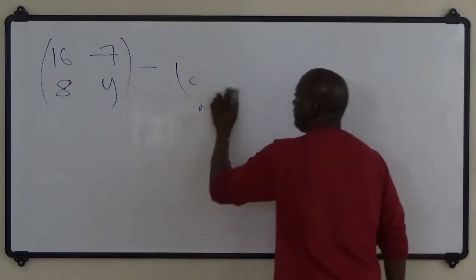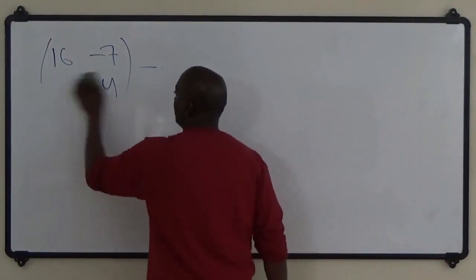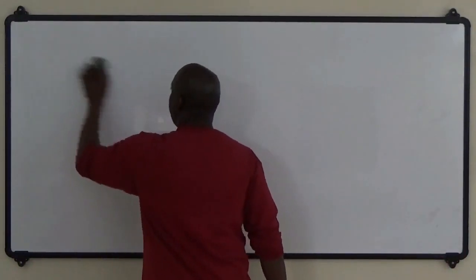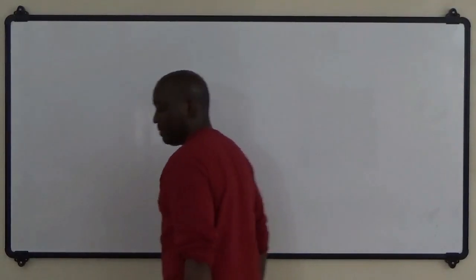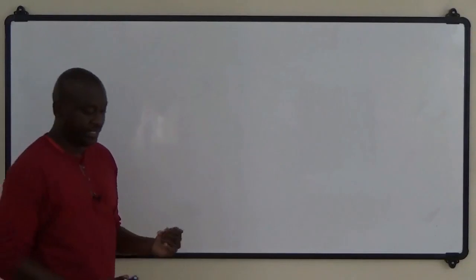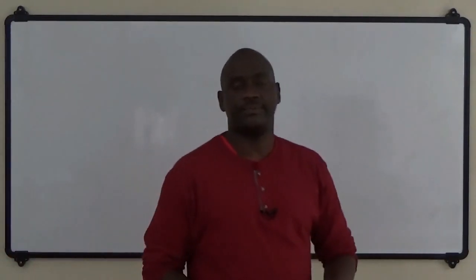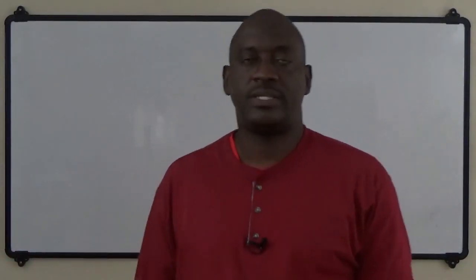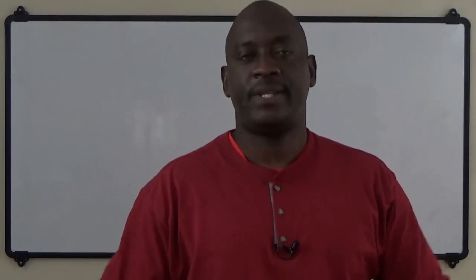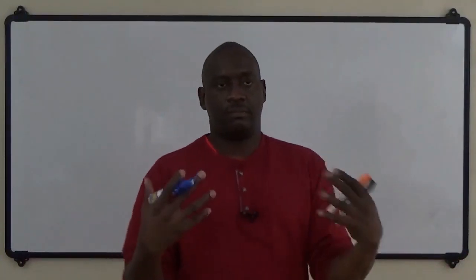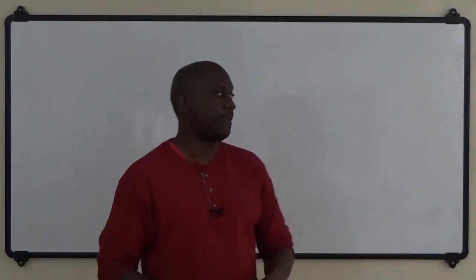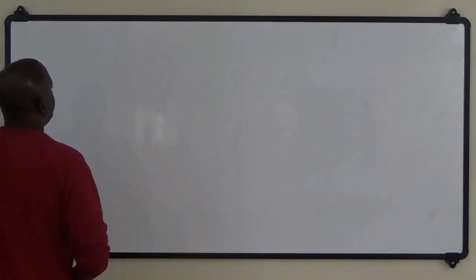So, if you have 2 matrices where the rank is the same, and they specifically tell us that the matrices are equivalent, in other words, that the matrices are equal to each other, then that could lead to another type of matrix question. So, for example, if they say that,